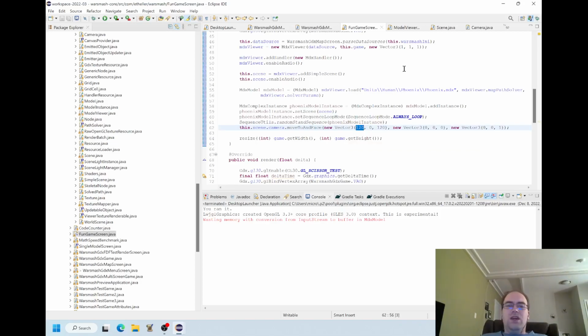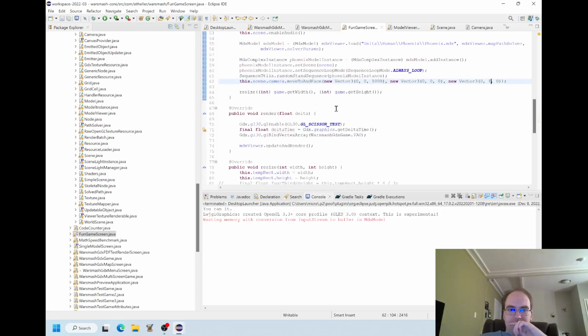And so in order to do that, when we set our camera and we move to in face, I was setting it to look down on the phoenix before, but suppose that we don't exactly want to do that. What if instead I want to look down from above? And so my camera would be at a really big Z value, like 1,000 Z in the sky. And I'm looking down at 0, 0, the center of the world. And my world up is actually the Y coordinate as being up.